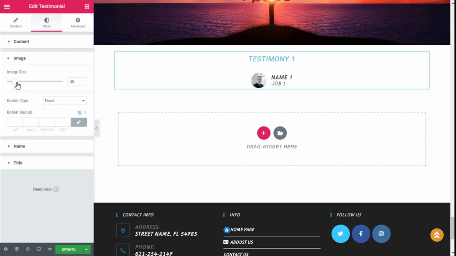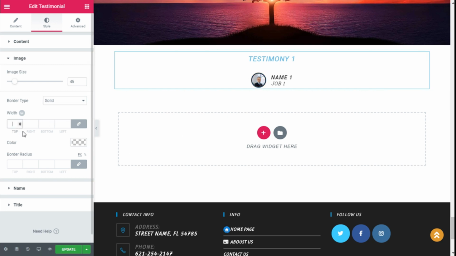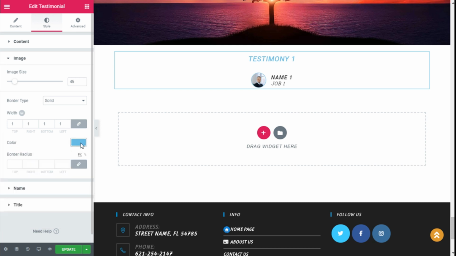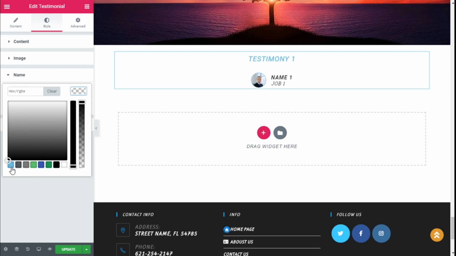And on the image we can change the size of the image of the person who is giving the testimony, and we can add a border, as you can see, and we are going to give it 1 pixel wide, and we are going to give it a cerulean color. It has a round radius for the file, but we can make it square and the like if we want. So we are going to leave it by default in this case,